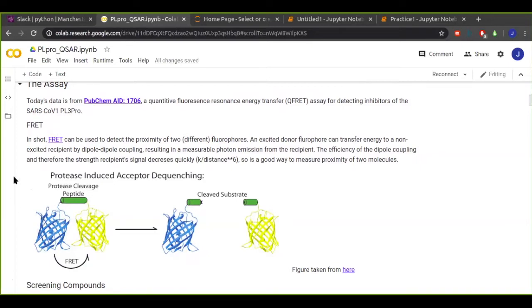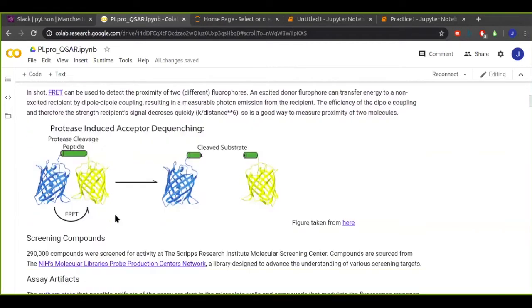So the gist is, if they're very close together, like they are here, if they're linked by this peptide, we excite one with some photons, which won't naturally excite the other, but due to their proximity, say we excite the blue one, it will transfer energy to the yellow fluorophore, and then you'll get an emission of the yellow fluorescence if they're in proximity. The signal strength falls off very rapidly with distance between the 2 molecules. So if they stray away from each other, then the signal from the second fluorophore pretty much disappears. So we can use that to detect whether or not two molecules are close to each other.